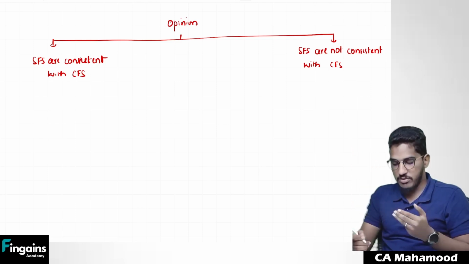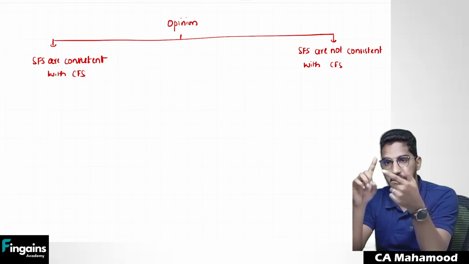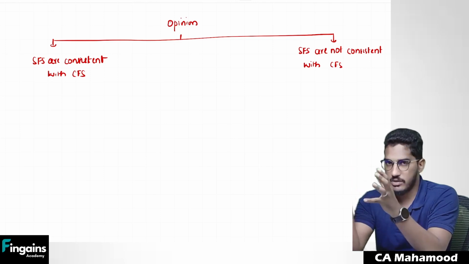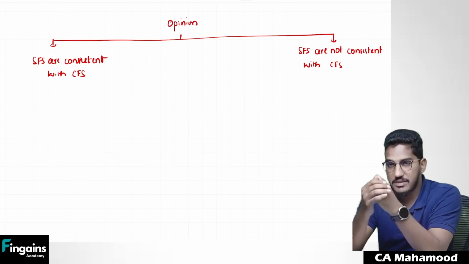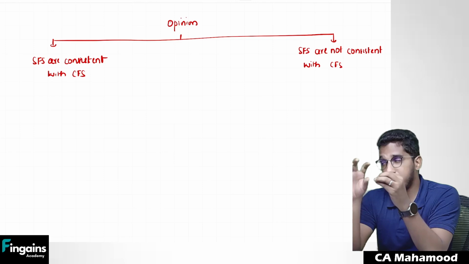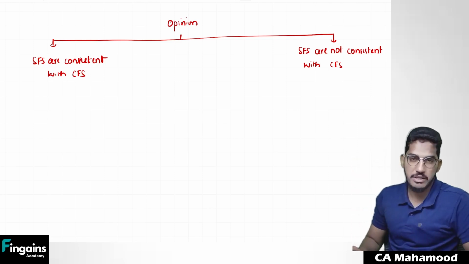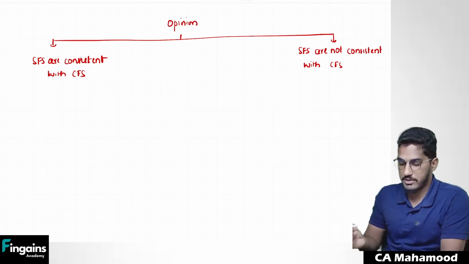So after you have performed audit procedures on the summary financial statements, there could be two outcomes. Number one, yes, whatever summary financial statements are there, they are matching with the complete financial statements. No deviations are there. Or the other possible scenario is that the complete financial statements are showing certain information, but the summary financial statements are conveying wrong information. That means the summary financial statements are not matching with the complete financial statements. That means management is trying to give a wrong picture in the summary financial statements.